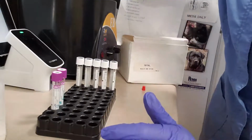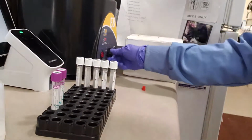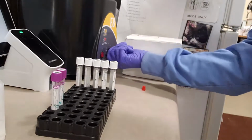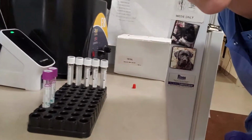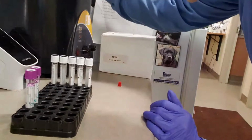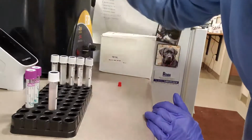Okay, so now we want to centrifuge for about a minute. So put it all the way up to get it started. Move it to the 1 minute mark, and then we'll begin our next wash, because we do this 3 times. Okay, so our first spin is done. So we've got our recipient